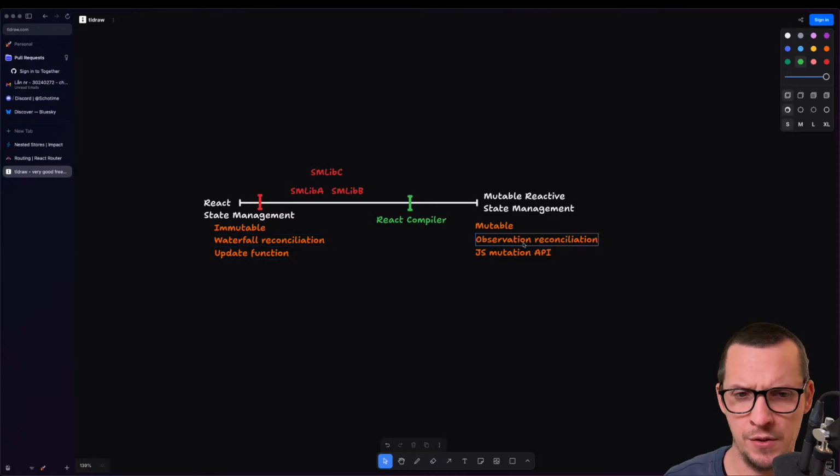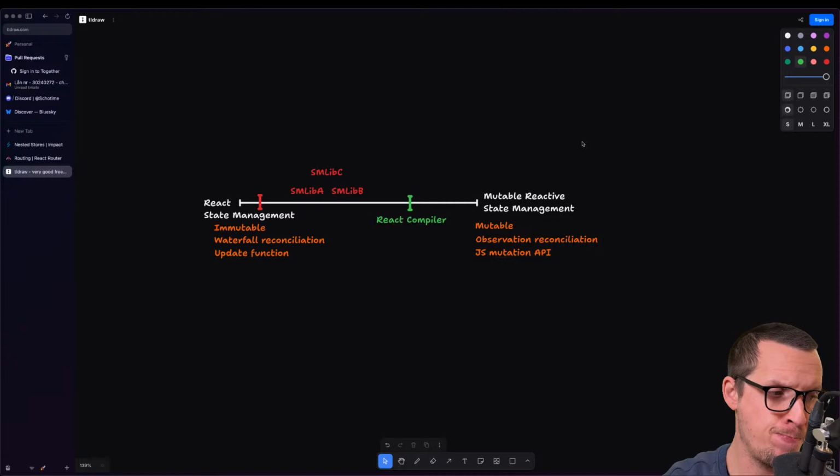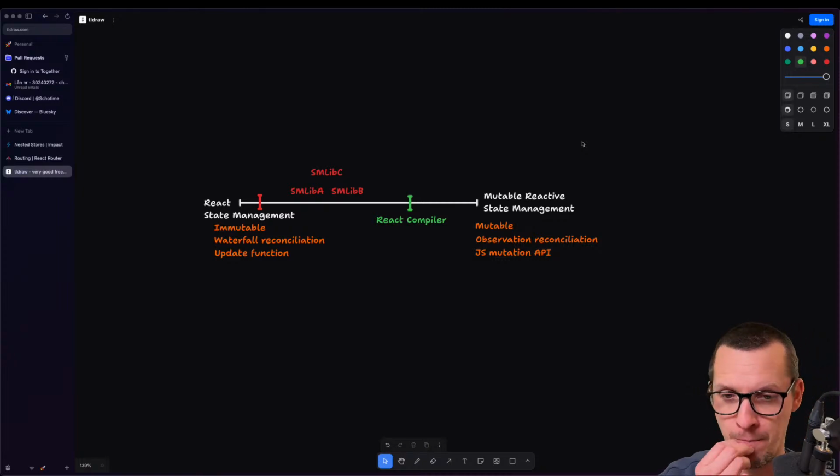Observation reconciliation. So here you would use a React compiler, right? And here you would rather use a babel plugin that just makes all components observers and memos all components. It's a different kind of optimization than what the React compiler does, but it's even faster or even more performant. Well, at least in certain conditions it is. Like when you do these nested state changes, it doesn't get any more performant than that.